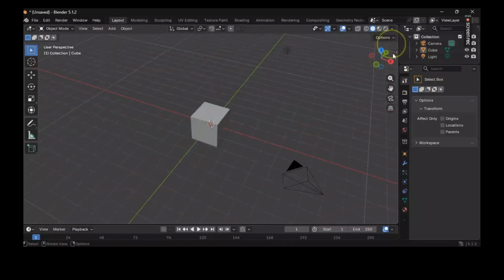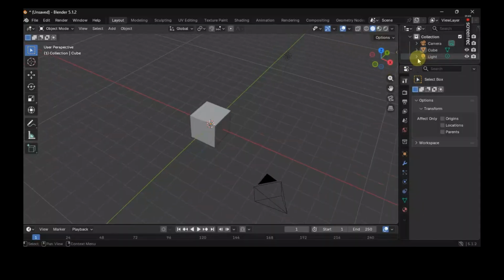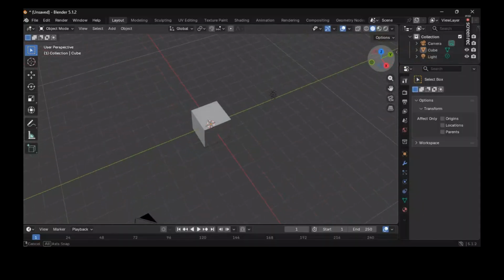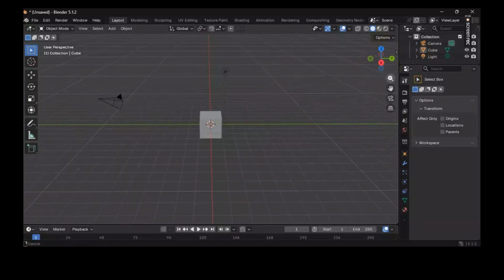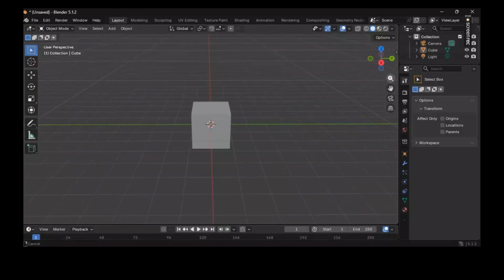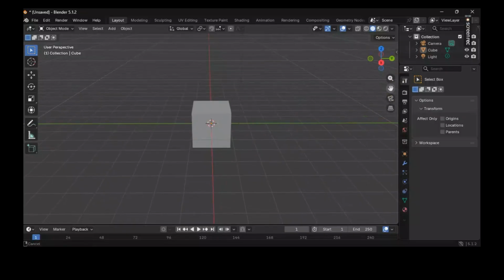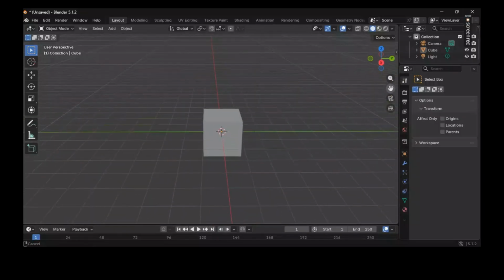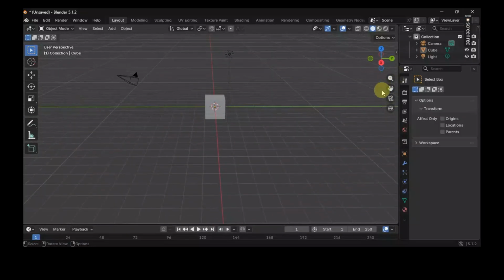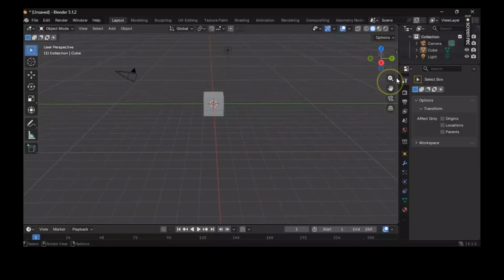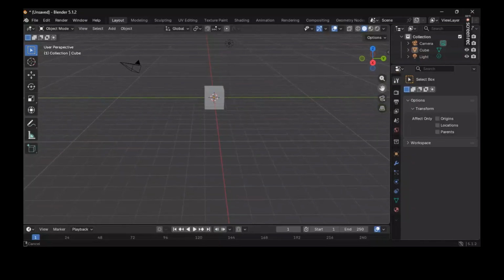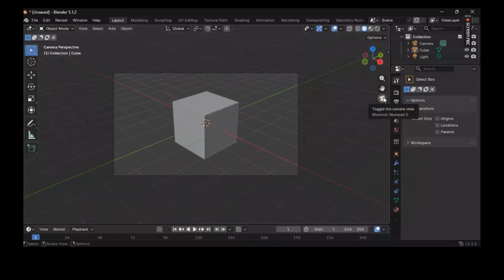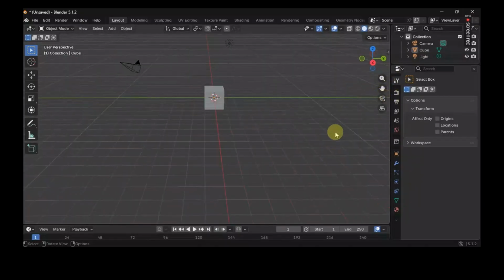Or rotate views, or like this. Okay, we just click on Z or E, and this is for zoom in or zoom out. This is for the move. Okay. Like this. This is the camera and